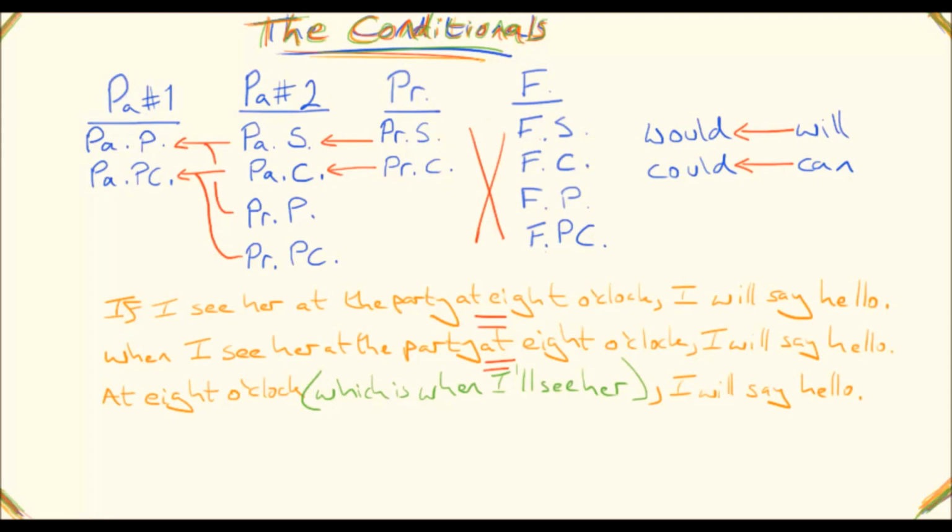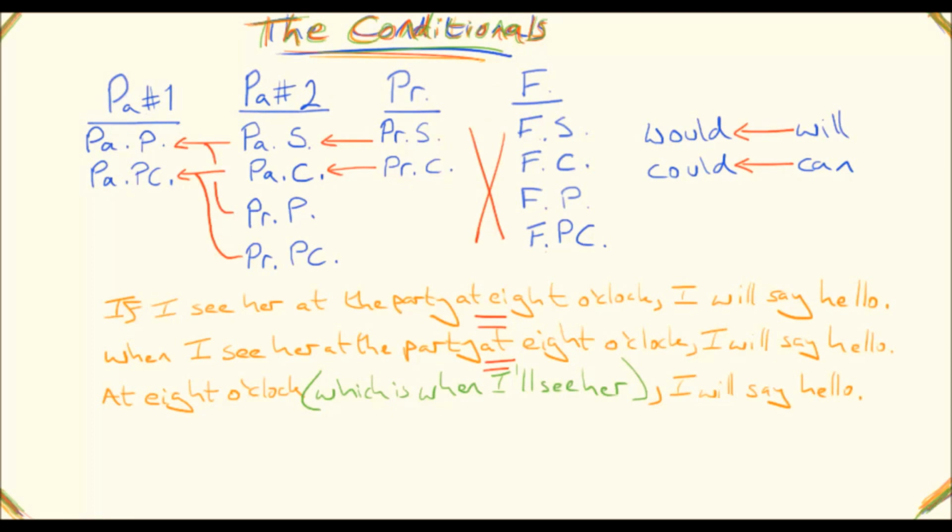I've written 3 sentences here. Well, if I see her at the party at 8 o'clock, I will say hello. In all of these sentences, the "I will say hello" is the main clause. Let's focus on the other clause for the moment. If I see her at the party at 8 o'clock,